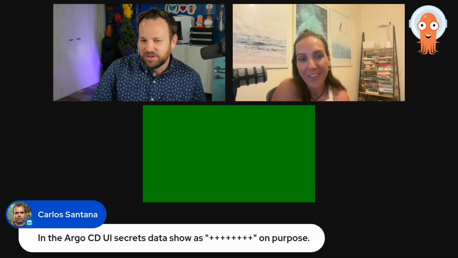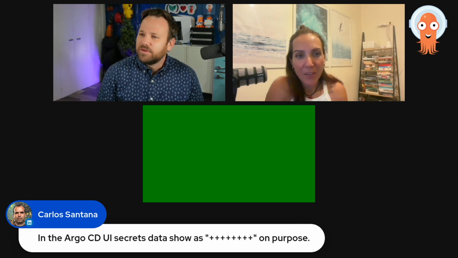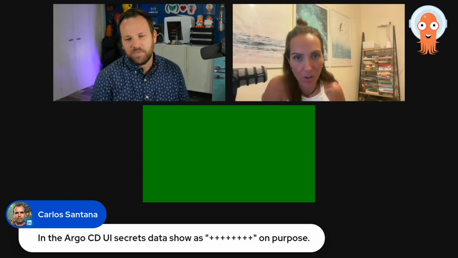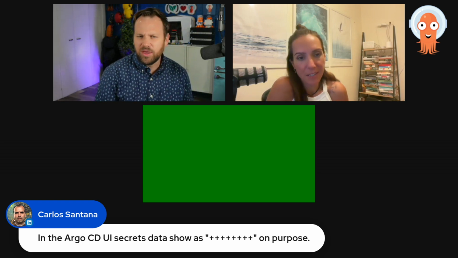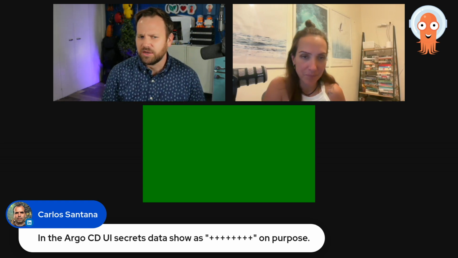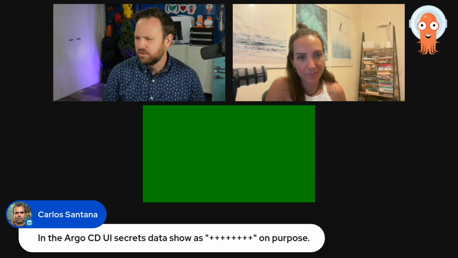Yeah, good question. And we have Carlos' comment. In the Argo CD UI, secrets data is shown as pluses. Yes, on purpose. It's obfuscated on purpose, right? Because that's the whole purpose of Kubernetes secrets. I think you can decode it though. I think you can click on it to decode it. Am I wrong about that? No, there is